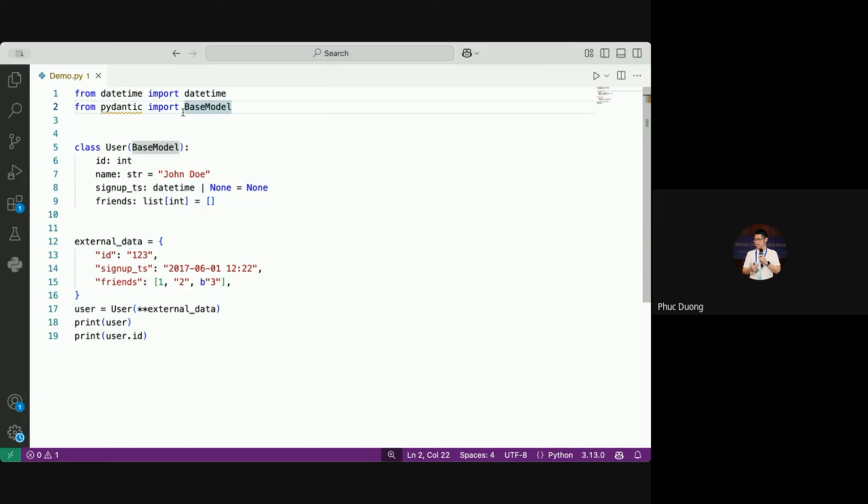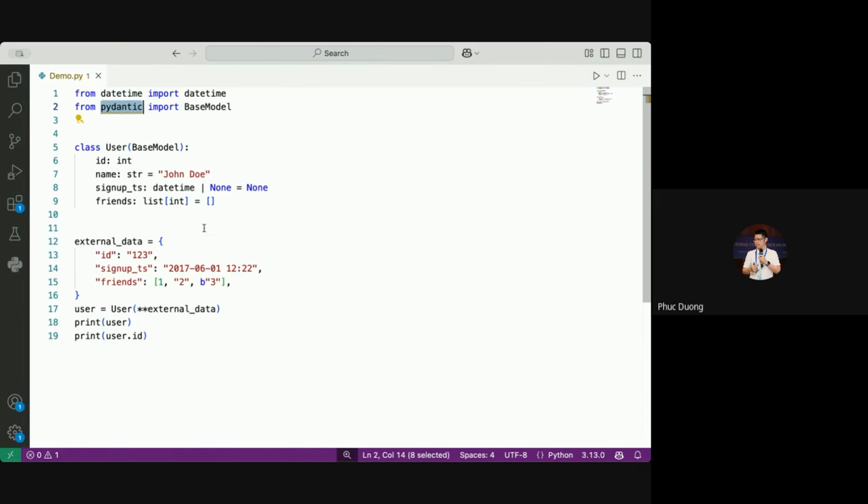Okay. So in this demo program, you can see that I am using Pydantic, especially the BaseModel. So when I define a User class, I inherit from the BaseModel. So I am telling the compiler that when someone interacts with the program, it will take advantage of the BaseModel from Pydantic for parsing and validating the input.